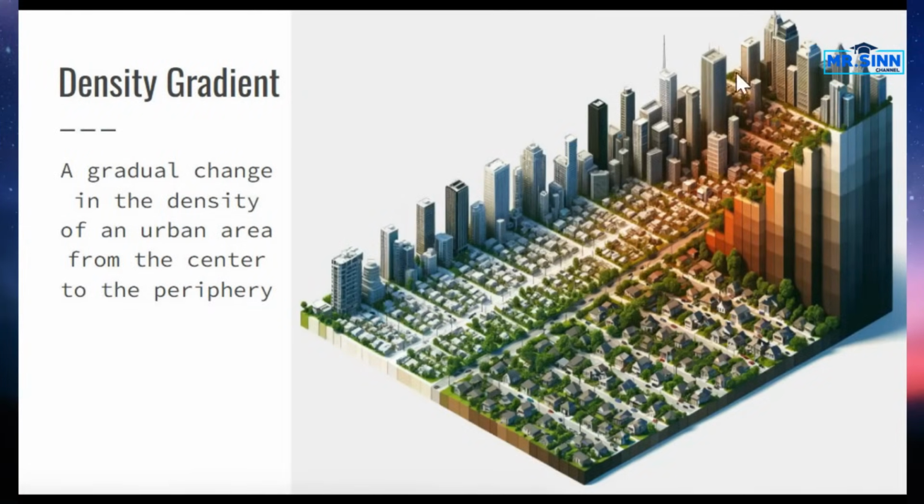Again, nothing crazy, but as you're closer here, density is higher. Again, we're going to move farther and farther out. So one of the things you want to have an understanding of is how the density of an area could impact it. So in high density areas, we have a lot of people living in an area. Density connects back to unit 2 as well. We're looking at how many people are living in this area. So people are very close. Goods and services are very close. A lot of people might not drive their own cars. They're going to rely more on public transportation here. Things are close, and so we can have a lot of public services at our disposal.